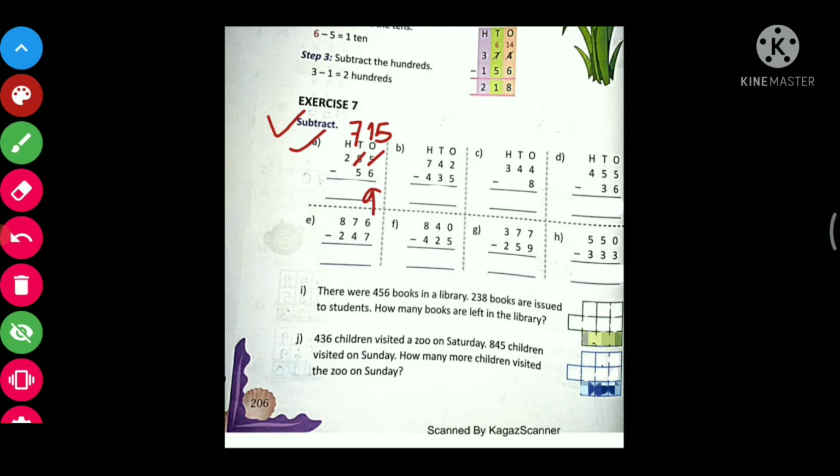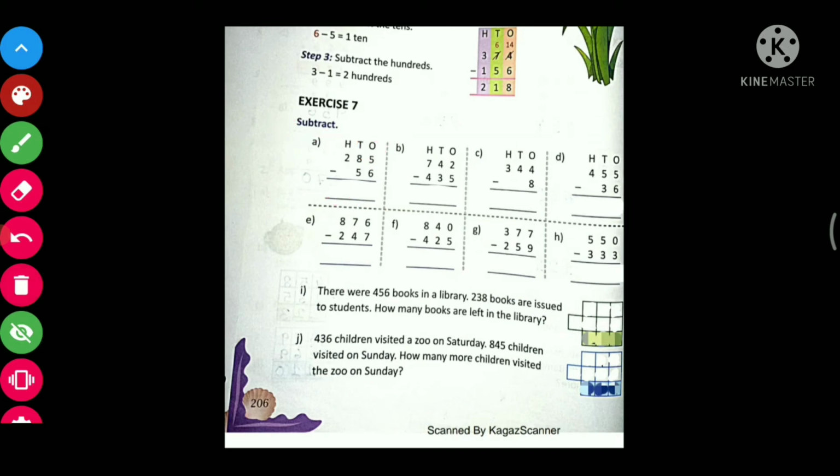Nine, right? Now see, in tens place 7 is there, so just imagine 7 lines and now just cut 5 of them. How many lines will be left behind? 2, right? Now see, in 100 place only 2 is there, so we can write this 2 directly. So our answer will be what? 229.